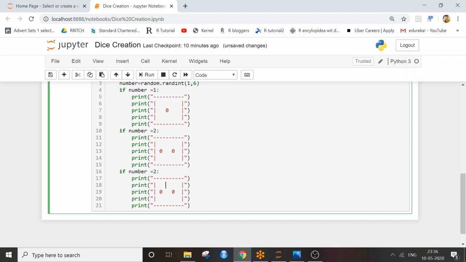So the 3 die will look like this. Adjust this properly. Yeah, this is 3. If it is 4, it should have 4 marked sides.